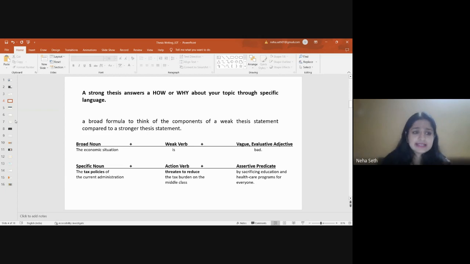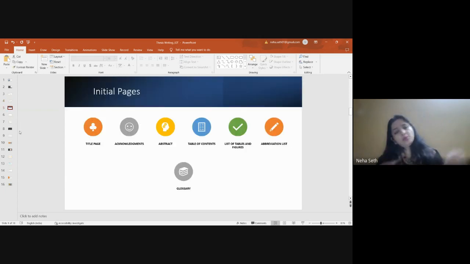Now, when it comes to the writing, the very first thing that comes to our mind is the book or the thesis. It should be presented in such a way that the person feels like picking it up and opening it. It happens in our day-to-day life as well. Whenever food is presented in a very good manner in front of us, only then do we feel like eating it. So the very first thing is that our thesis should be presentable.